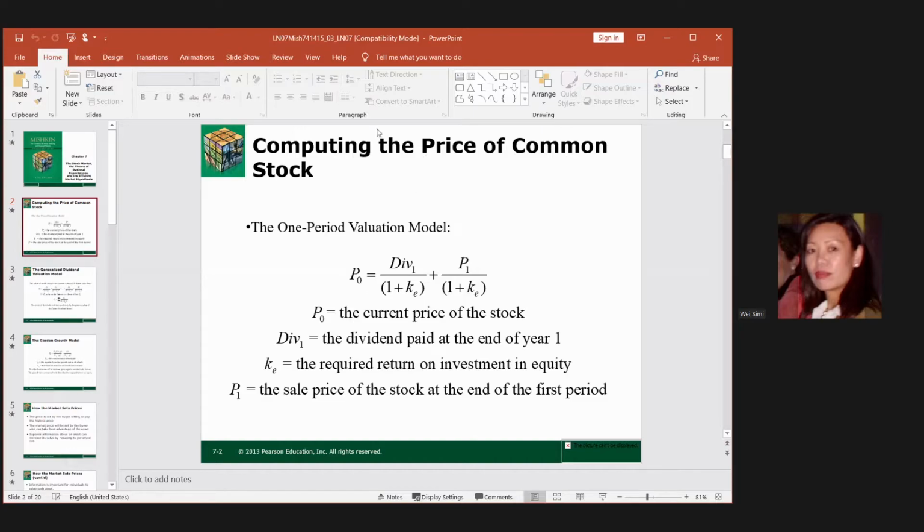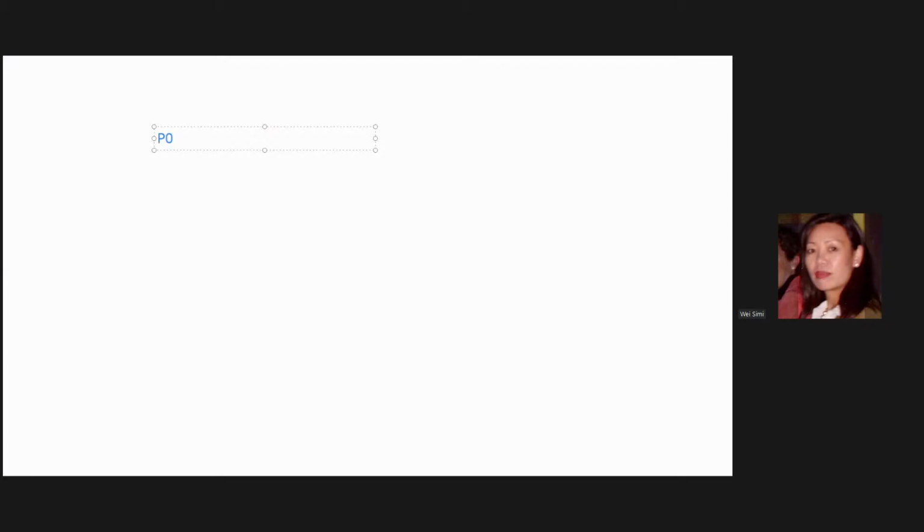So let's do the exercise, very simple. Assuming, just use that formula, okay? So the formula is P0 today equals the dividend, any cash flow, right? So dividend plus the price you sell at, price P1, next period, and divide by the required rate of return, right? Discount back, that's the interest rate. So basically it's the expectation, the required rate of return. So that's the one period, just holding one period and you sell.